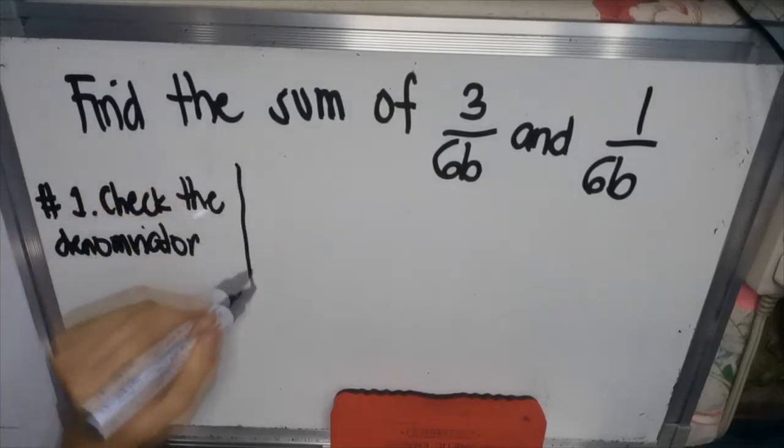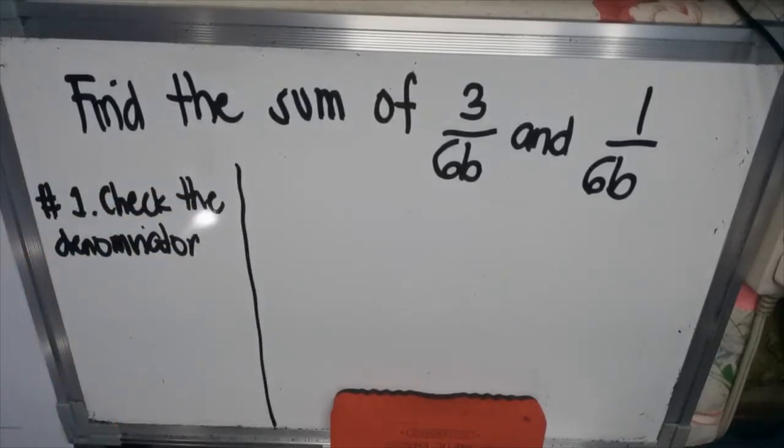Yung sinasabi ko sa inyo kanina, if the denominator has the same value or term or polynomial or binomial or monomial, basta pareha sila ng denominator, so we can proceed with